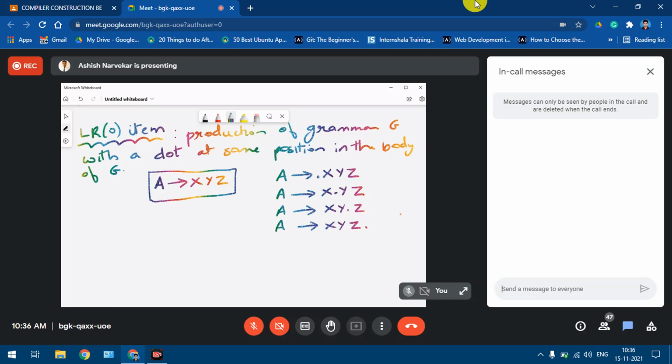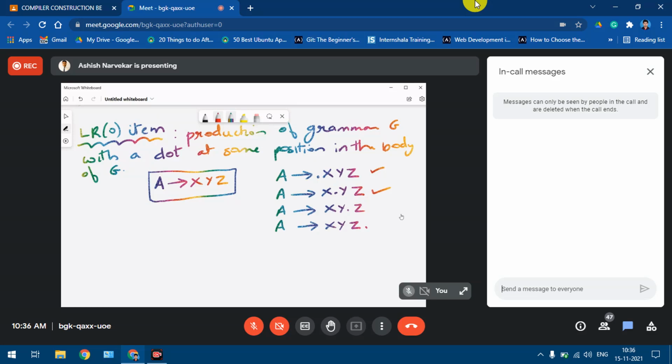When we consider it initially, that is here, it means that the input is not yet scanned or has not yet been read. When we come to this point, it means that the first symbol of the input has been read.